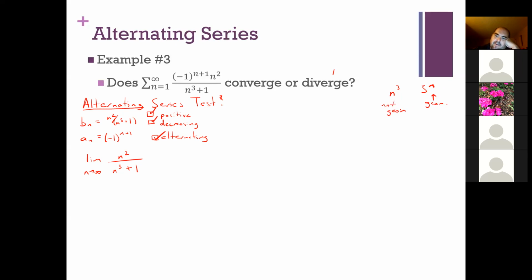It's really a matter of where your variable is. On the left, I have a variable base and a constant exponent. On the right, I have a variable exponent and a constant base. And only that situation is geometric. So I can't use geometric. I can't think about this as a geometric series, but keep in mind, I'm really only looking at the limit of the sequence, not the series.